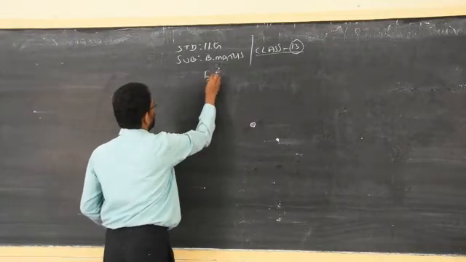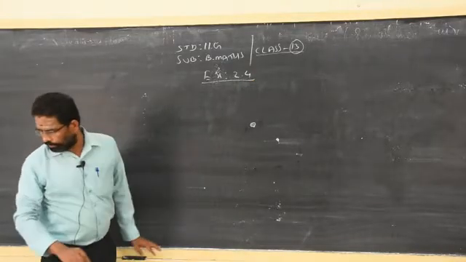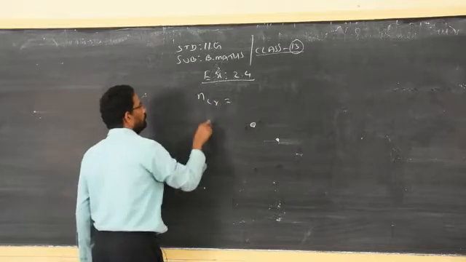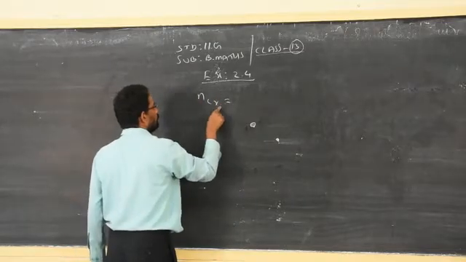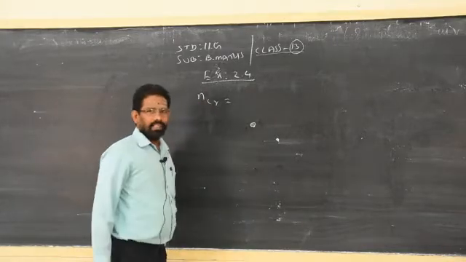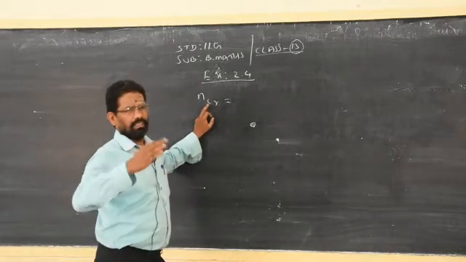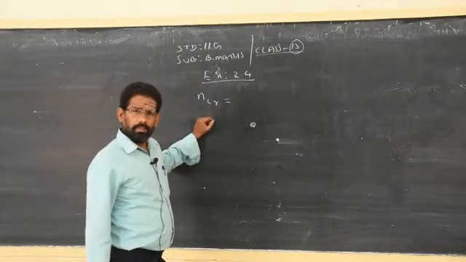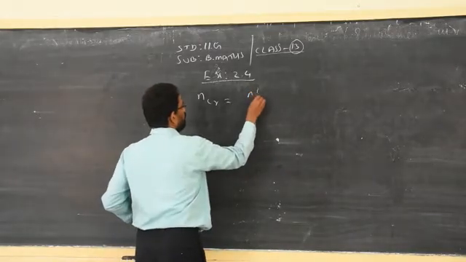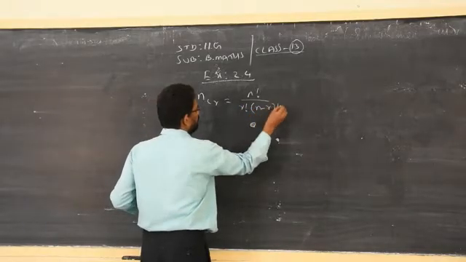So exercise number 2.4. Before that you should know the formula, that is NCR. You have to take R things out of N. Combination, order is not necessary. That's what combinations are, whatever it is, AB, BA and so on. Clear? So this formula is n factorial by r factorial into n minus r factorial.